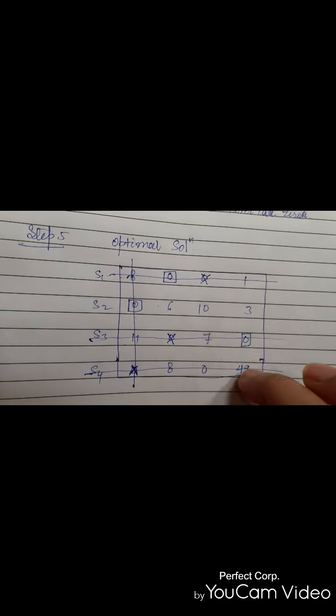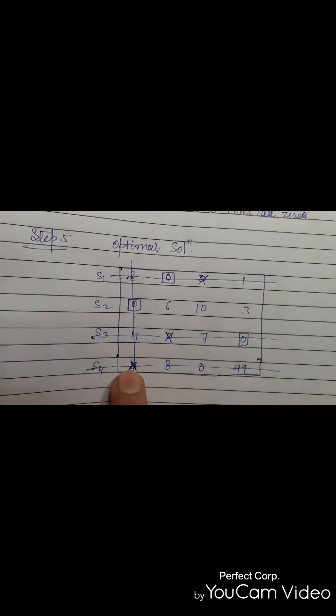In the third row, you will see we are having already a crossed 0, and after that we are left with a single 0. And we must need a single assignment in a row and a column. So if it is crossed, then we have to make an assignment to this 0. Right? If this is crossed, then we will move to the next 0 to make an assignment. And now we will check whether this 0 is having any 0 corresponding to the row or column. So in the column you will see we are not having any other 0 to cross, and in the row we are already having a crossed 0.